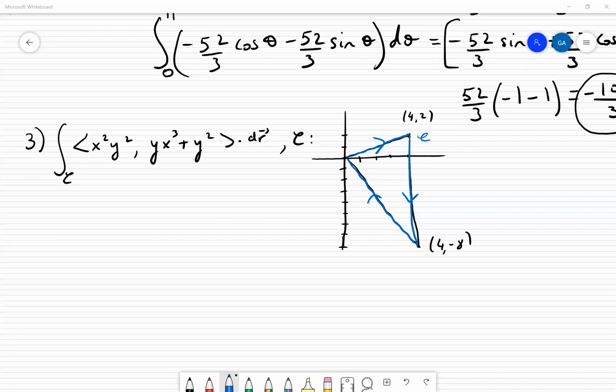So we want to find a line integral over the vector field x squared y squared, comma y x cubed plus y squared along the curve C, which is going through the vertices of that triangle. And the first thing you see here, C is oriented negatively. We can still apply Green's theorem, but if C is oriented negatively, what you're going to do is actually look